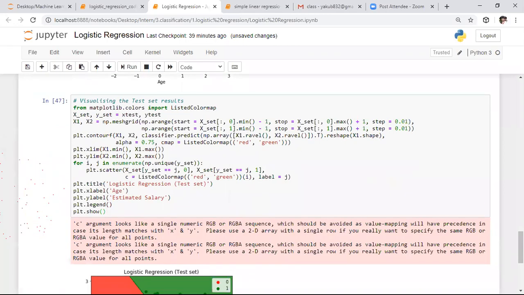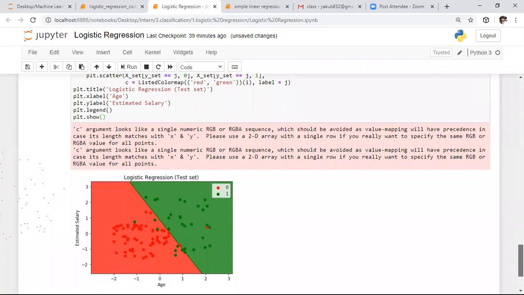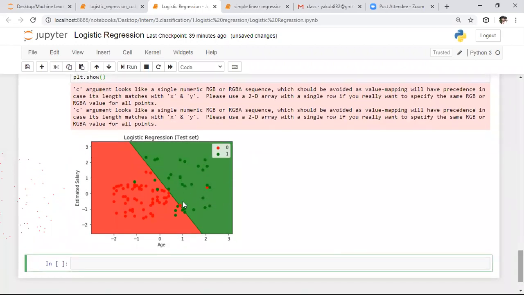If you observe the output for this data, here is the result. We predicted 1, 2, 3 points wrongly. Whereas coming to this other side, here we have 1, 2, 3, 4, 5, 6, 7, 8 points. That means we are predicting 8 green points as red points, and below this we are predicting 3 red points as green points. That is nothing but our error. It is nothing but the visualization of this result.